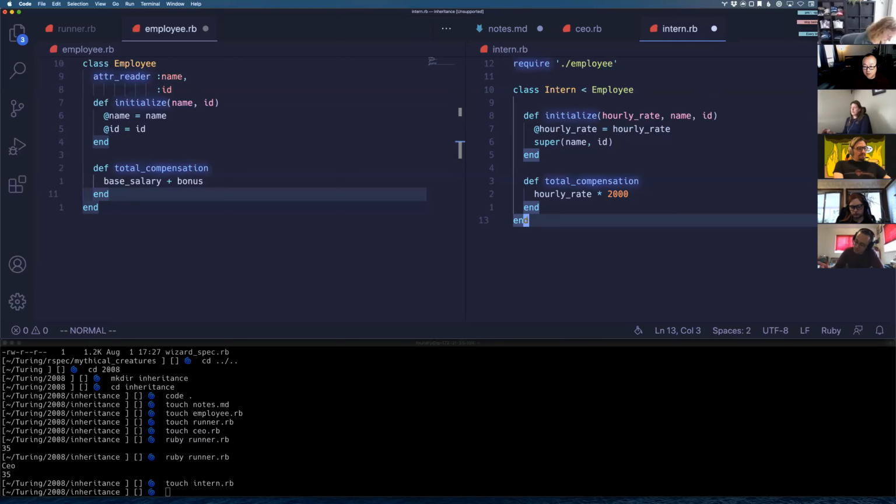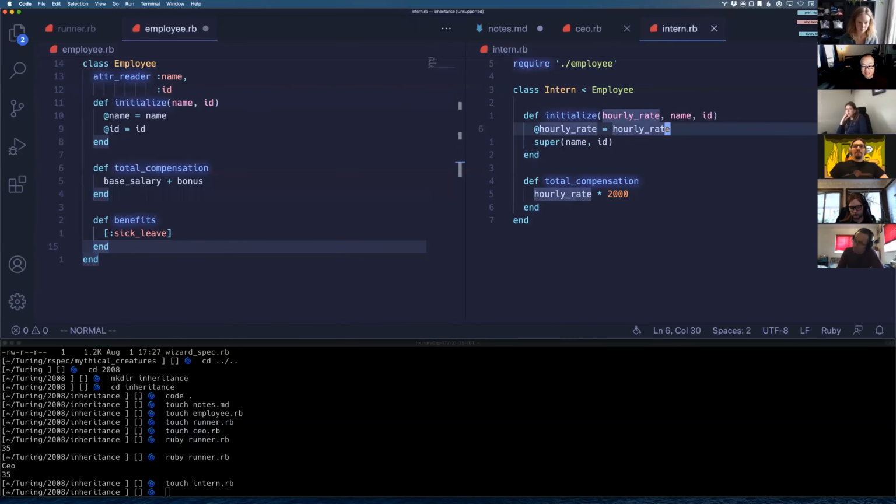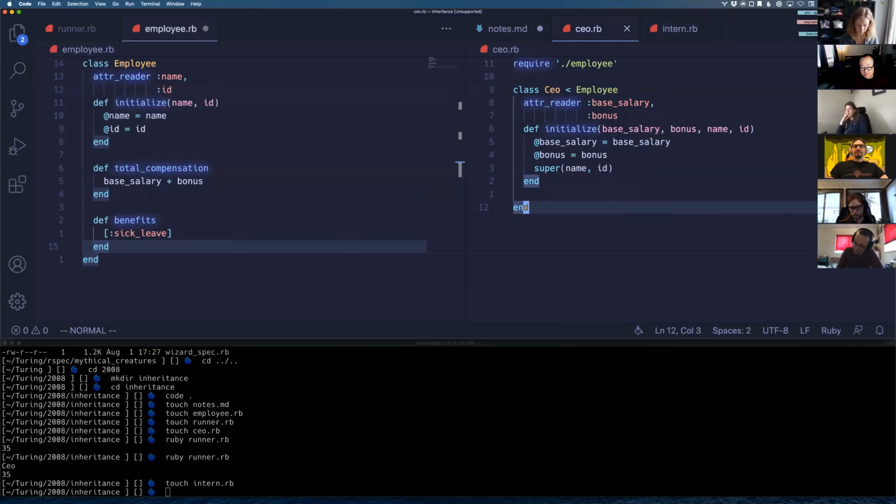Cool. We can also combine super and overriding. So next thing I'm going to do is make this def benefits of an employee, and they get sick leave, right? And let's go back to the CEO object, and let's say that the CEO also gets a thing. def benefits, and we can do super.push corporate jet,